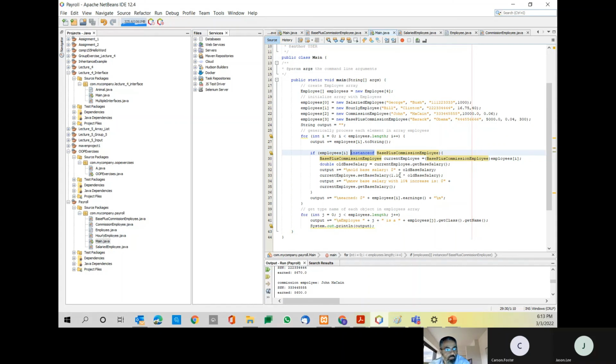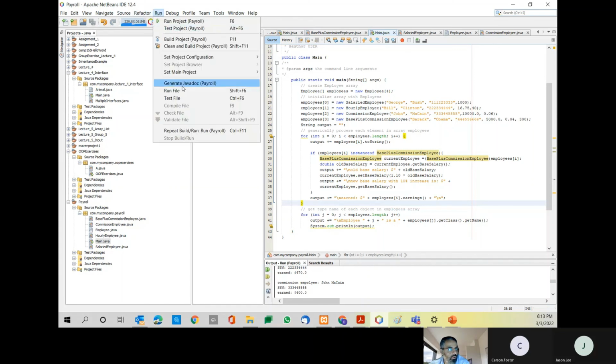So here I will multiply it by 1.10. And then the output I will consider as the earning for this one. And finally, I will make get class and get name to print them all out. If I run it now,